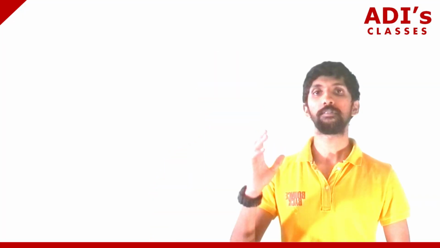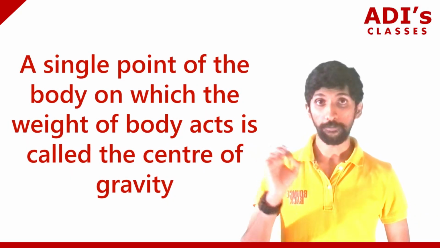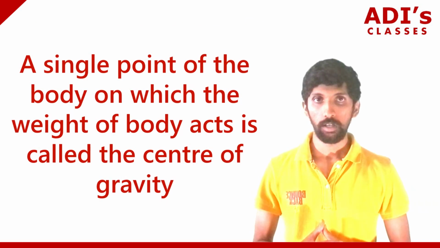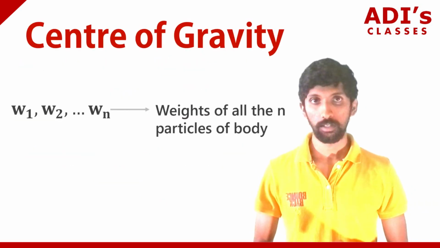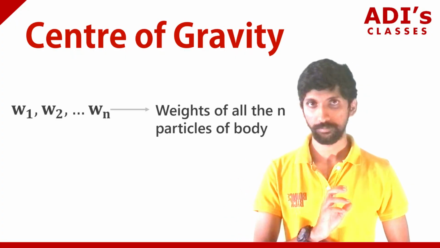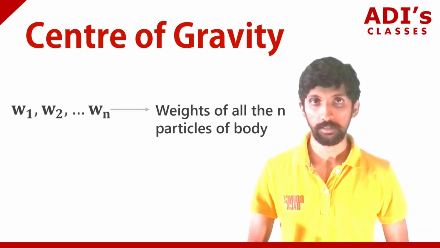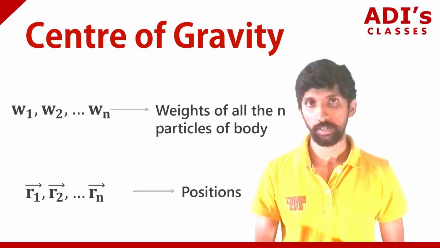Let's say we have W1, W2, W3 till Wn. These are the weights of all n particles of the body. Now all of these act at different positions, correct? So let's say they are acting at R1, R2, R3, Rn. Then the position of the center of gravity, where all the weight is concentrated,